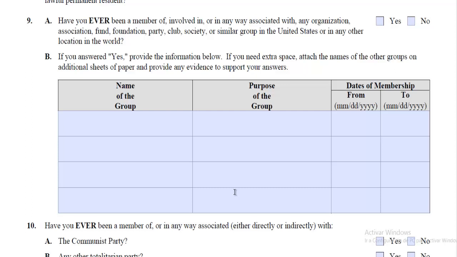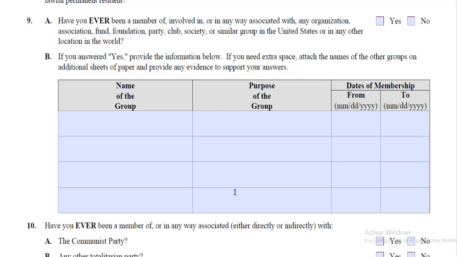As for the date of your membership, it's okay to write "approximately" in front of the date, or "approx." in abbreviation, if you can't remember exactly. If you became a permanent resident through a claim for asylum or refugee status and you check yes to any of these questions in this section, you might want to consult an immigration attorney before going any further in this form or the case. Depending on the exact fact pattern, it's possible that you could undermine your underlying claim to asylum or